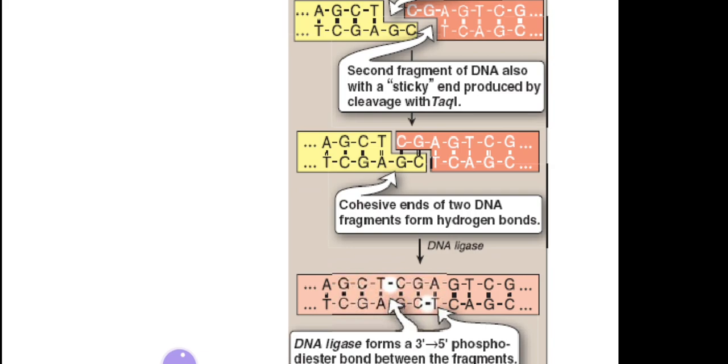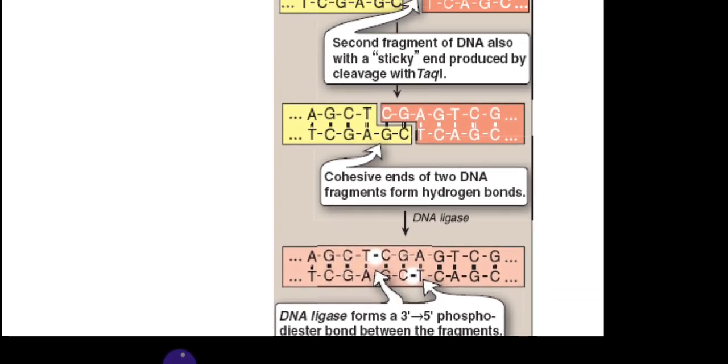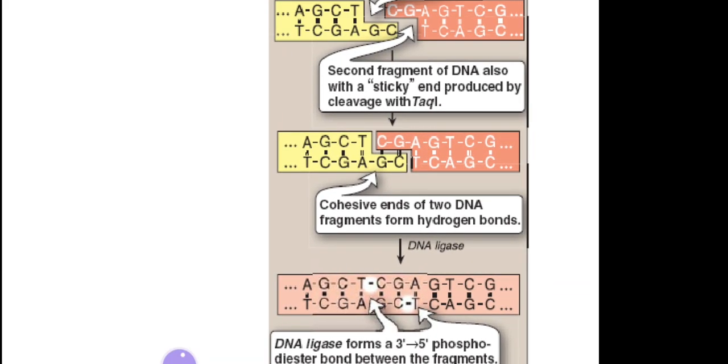Now, by using the enzyme DNA ligase, the last step. DNA ligase is the enzyme which can form the phosphodiester bonds. They form the 3' to 5' phosphodiester bonds between the fragments. So this is the way we can form the recombinant DNA, by which the DNA fragments are first cut down into manageable forms, and then by using the enzyme DNA ligase, they can be ligated, joined to any other DNA which we want.